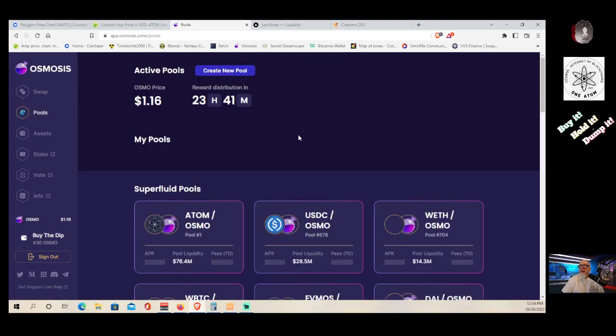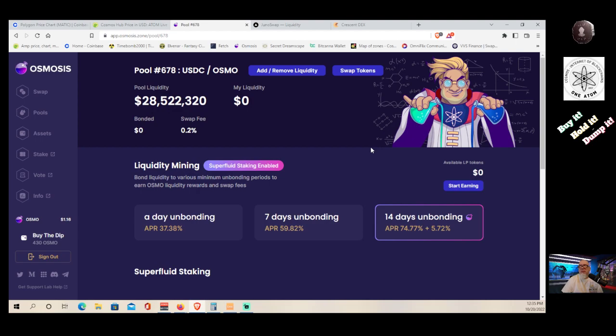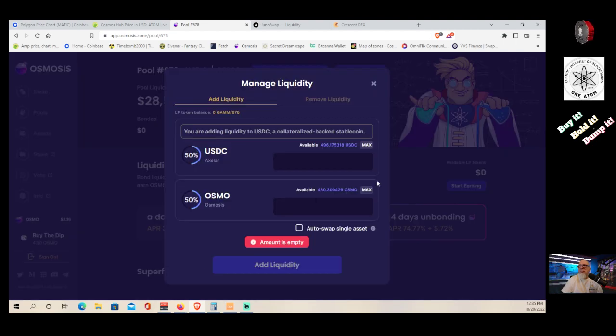So after we've made our swaps, and we did, we're going to be looking for this pool right here. This is USDC Osmo. So we have our tokens. You can see them right there. So we're going to add and remove the liquidity. Now, I'm not going to max out the Osmo. I like to keep a little bit for